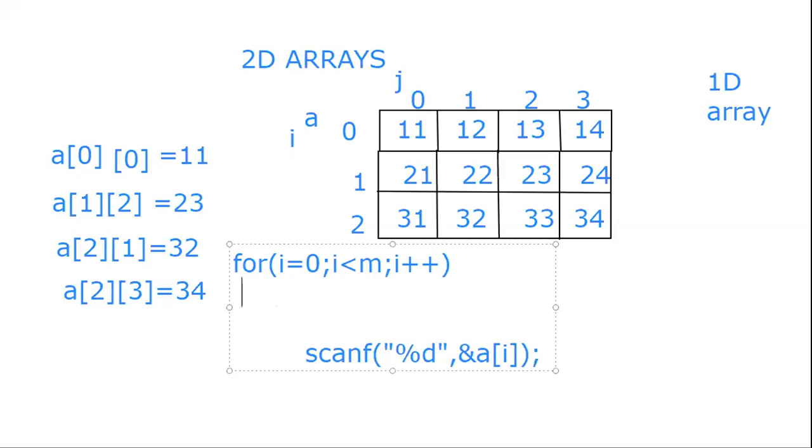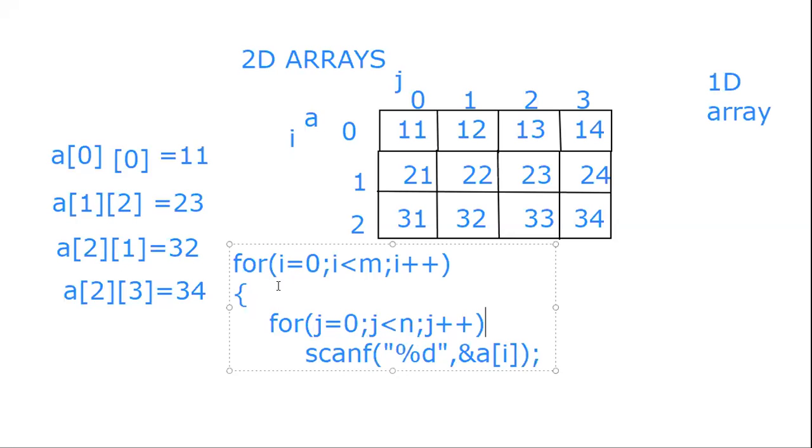So in this case, for I will be for the row number. Now inside this, we will write another for loop. So that will be for column number. So column j also starts from 0. Say there are m rows and n columns. So j plus plus. So this for loop will be for j, which is for the column.